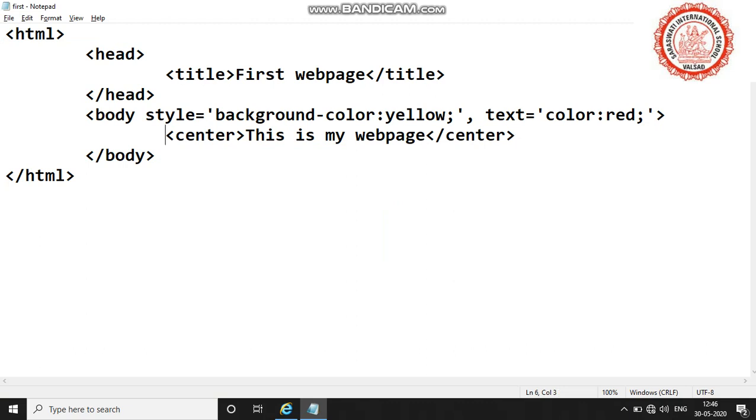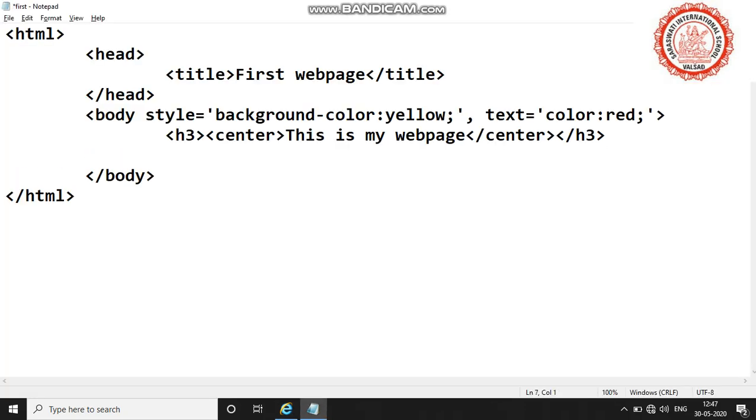There are different heading tags available from h1 to h6. So you can use a heading tag to display text as a heading. For example, I want to display in h3. Each and every heading tag has a different heading size. It is compulsory to close the tag when you have opened your heading tag. Go to the end, F5.